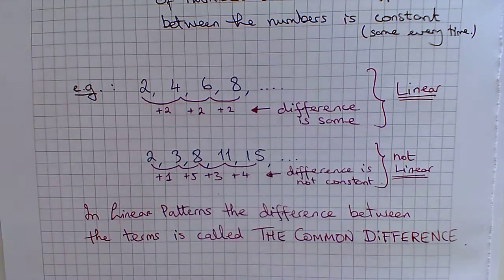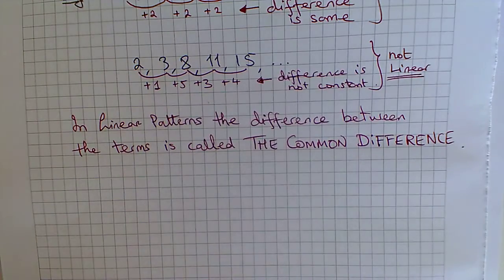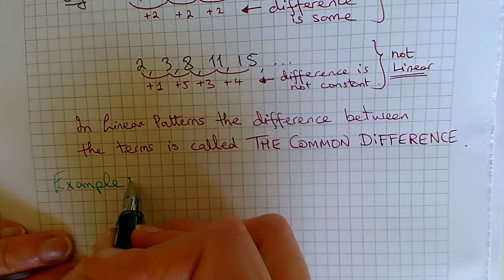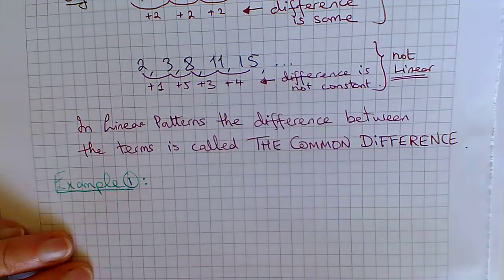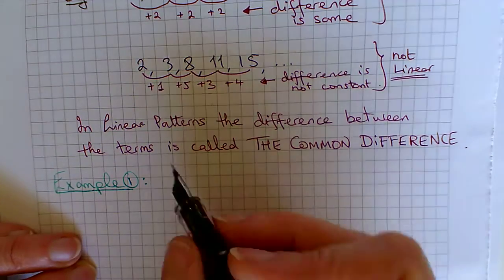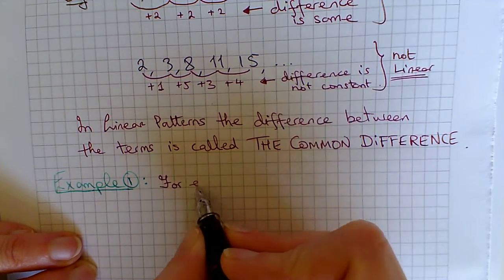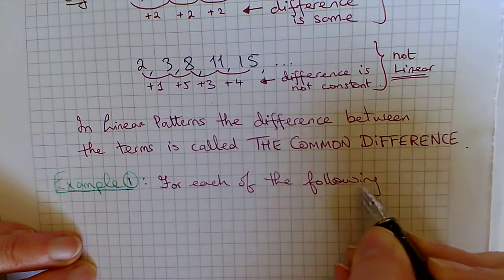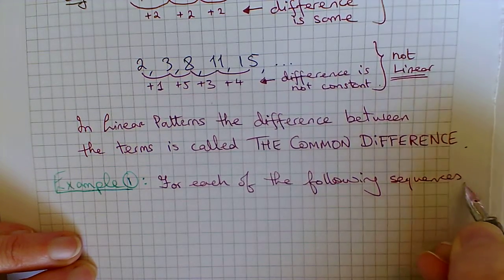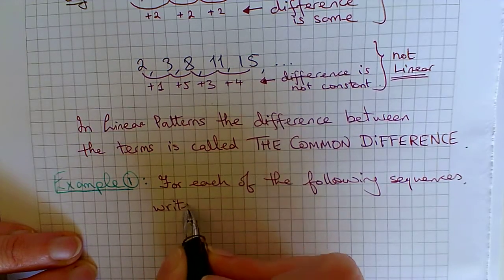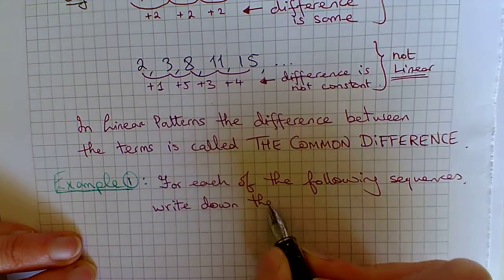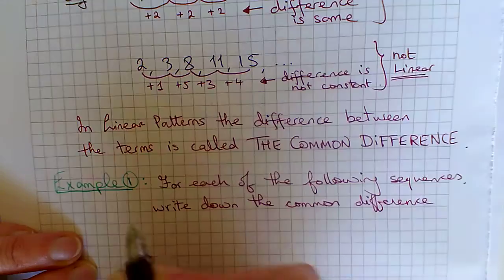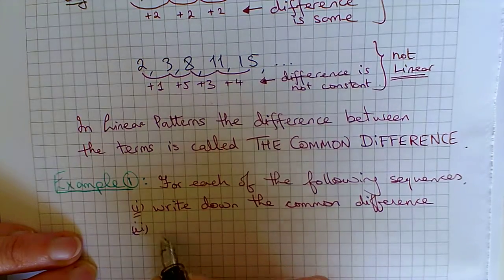Now, let's look at an example with these. So we'll take this example down into your notes copy. We're going to look at two different linear sequences. For each of the following sequences, write down the common difference. That's the first thing we need to do. And the second thing we need to do is write down